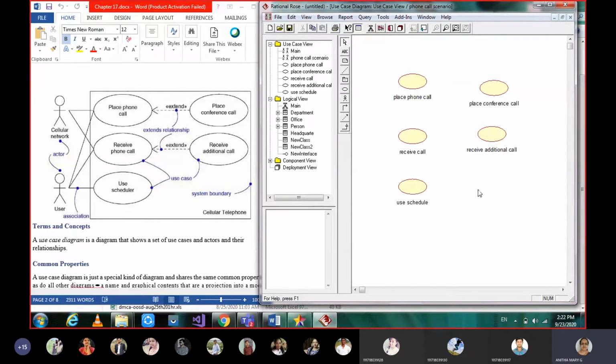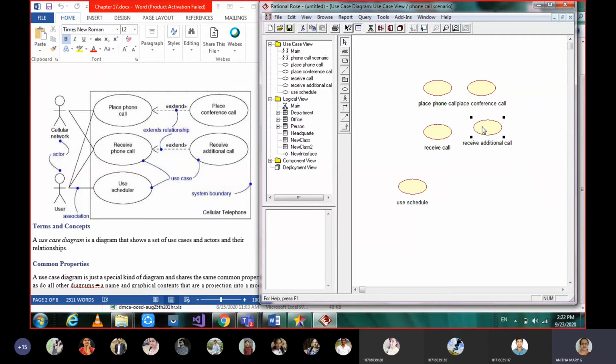So once you take all the use cases whatever are needed for your reference, based on the scenario whatever we have, that we can consider and place them.